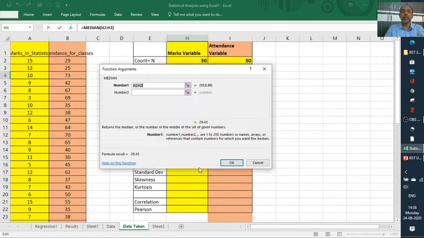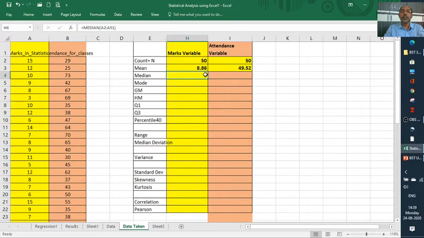Then we use the same A2 to A51. Is it okay? So the median is 9.